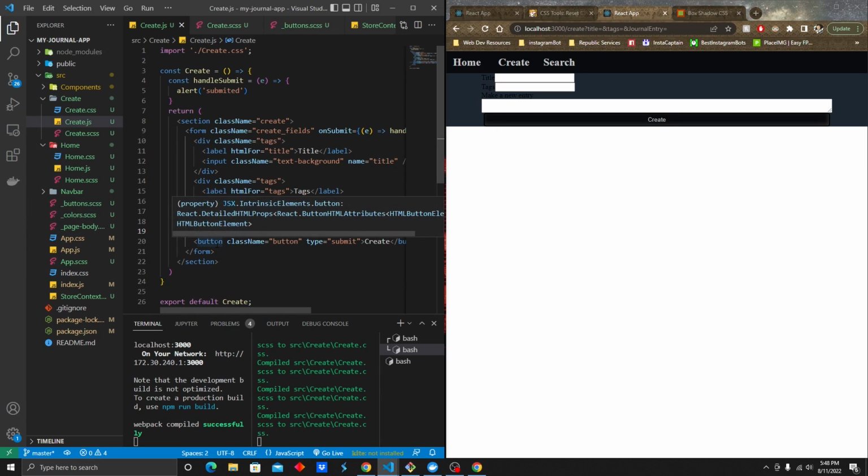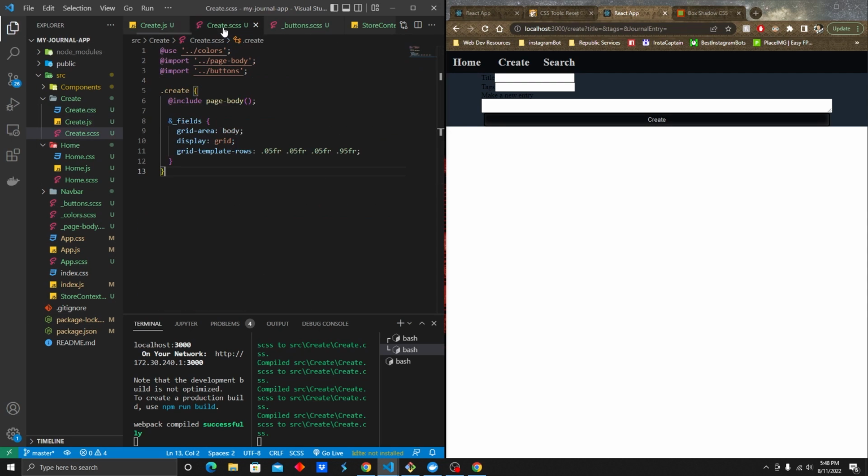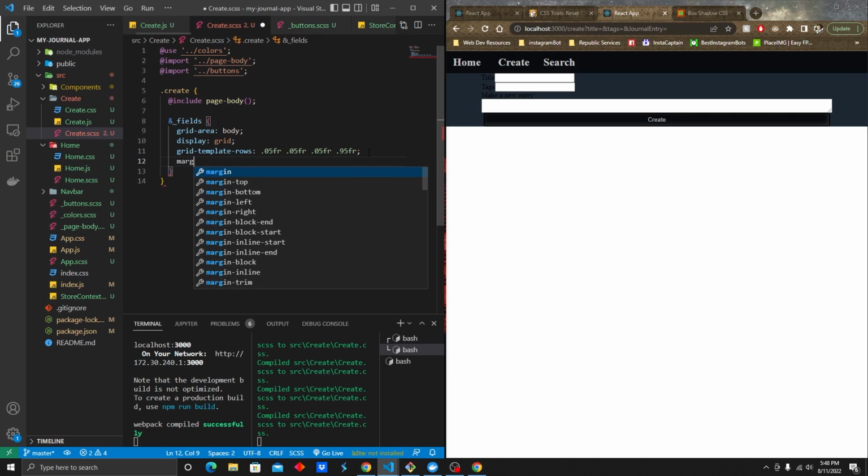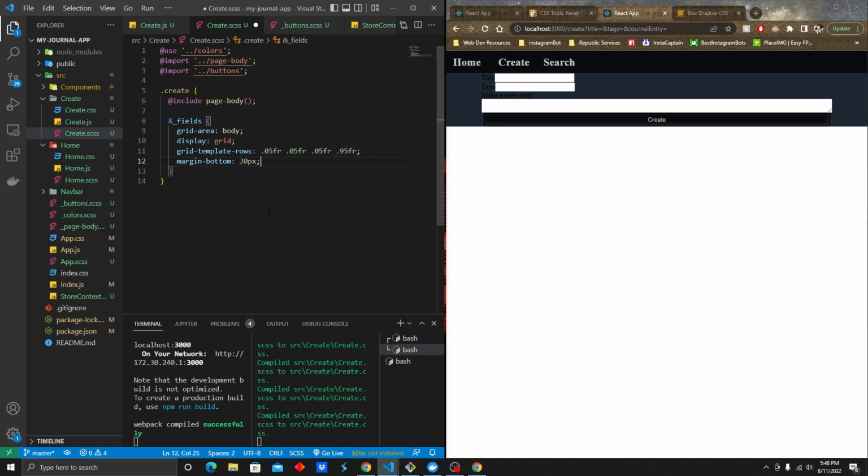Do we need to add one for the button? Don't necessarily need to. So let's do a margin bottom of 30 pixels. Boom. All right. While we're in here, because again, I talked about mobile friendly, we're going to create a media